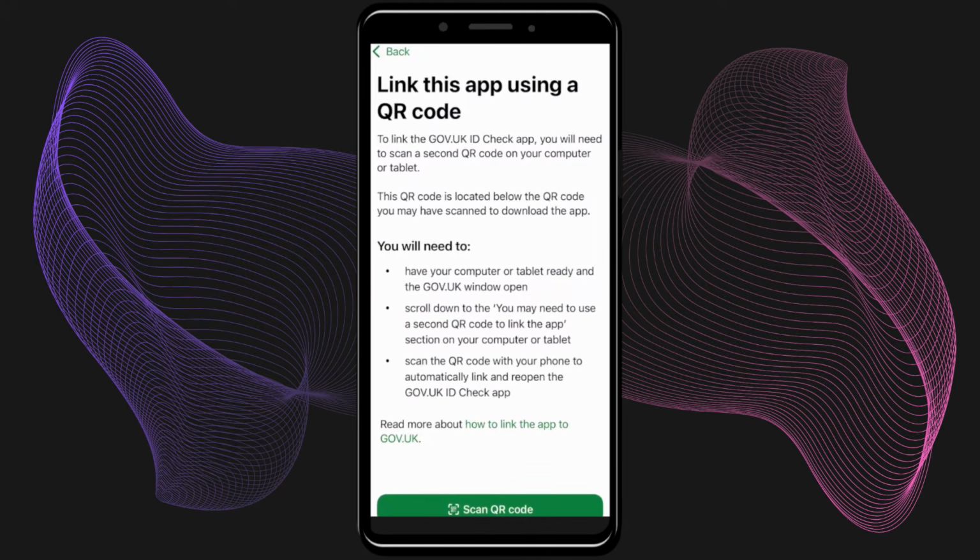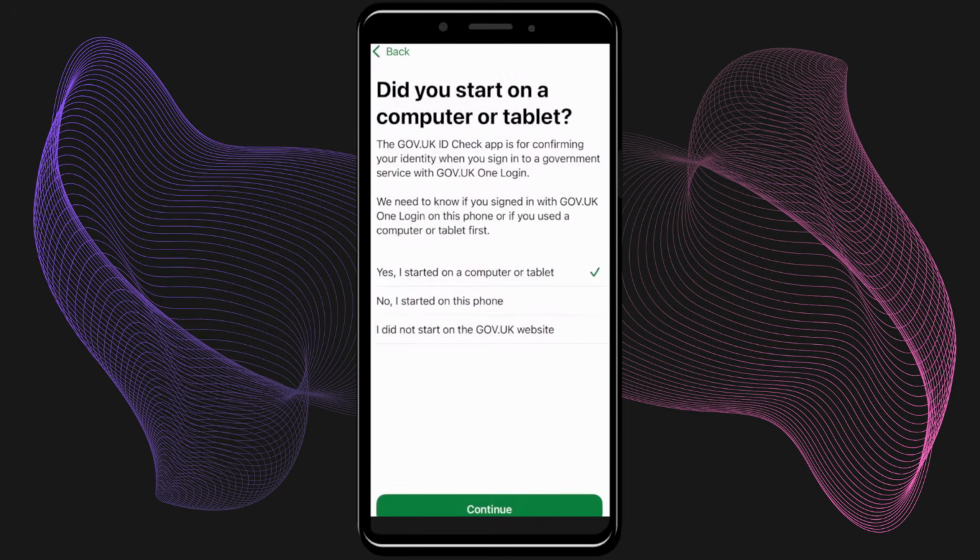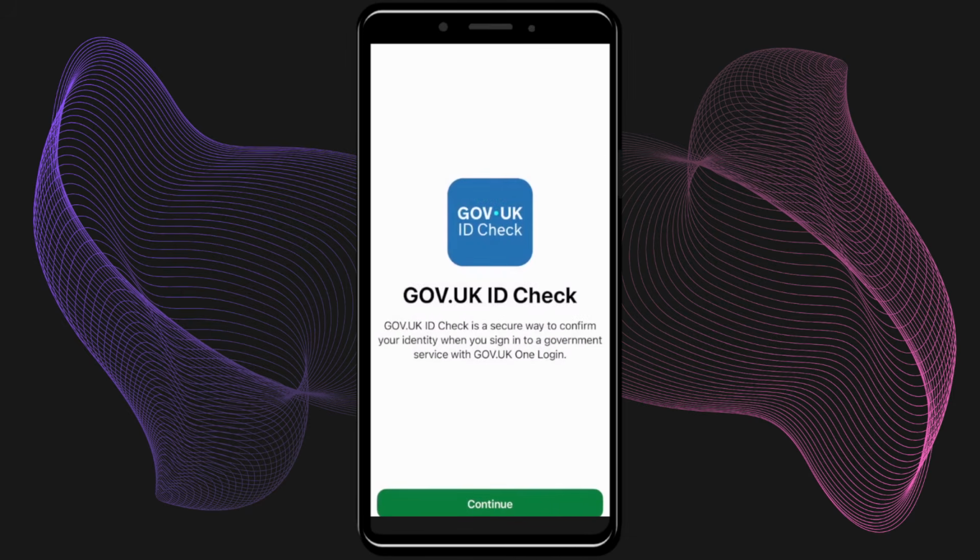But if linking doesn't work or you started the process on a PC instead, you can choose the QR code option. Scan it with your phone, continue from there, and as long as you follow the steps accordingly, you should be